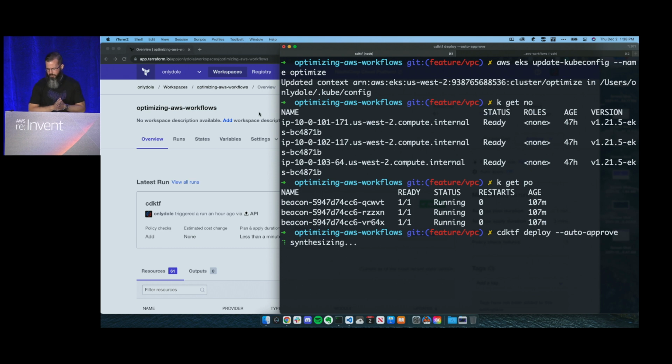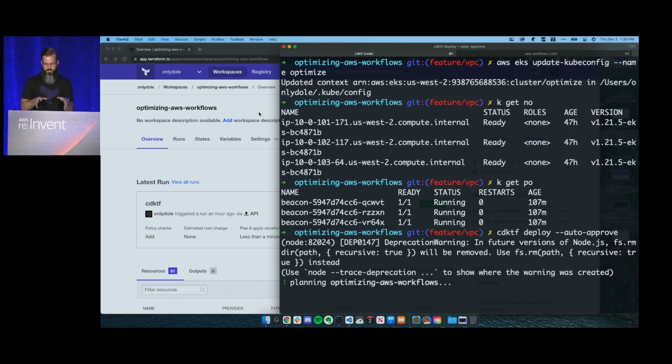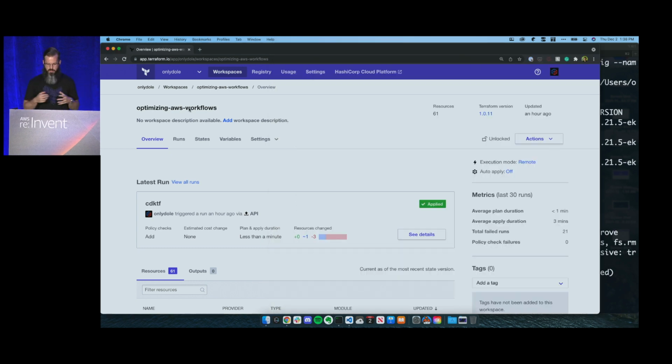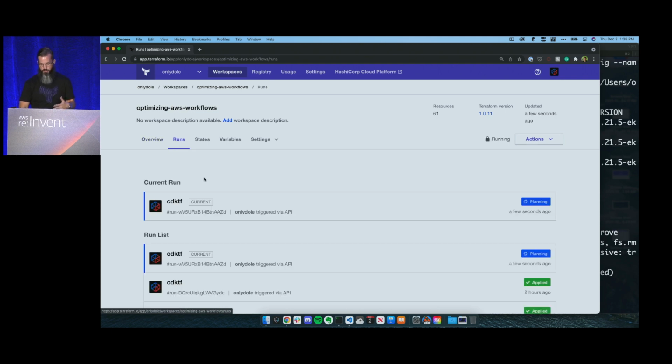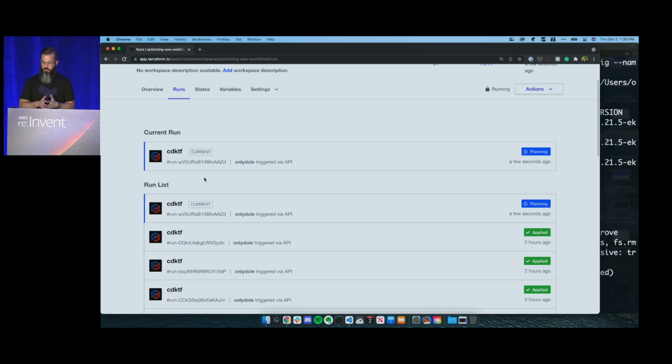Yeah. All right, so what we're going to see here, since Taylor did set up the remote backend that connects back to Terraform Cloud, is we're going to see some jobs start kicking off, especially now that we entered into the planning phase. So this is our Terraform Cloud console. This is already in that specific optimizing AWS workflows workspace area. So if we click on our runs, we should hopefully see that the run that Taylor kicked off is already in the planning phase. We can already see that that's running because it's doing remote execution, which means that it's running that job out in Terraform Cloud so that we don't have to worry about what's happening on our local system once the JSON file gets uploaded.